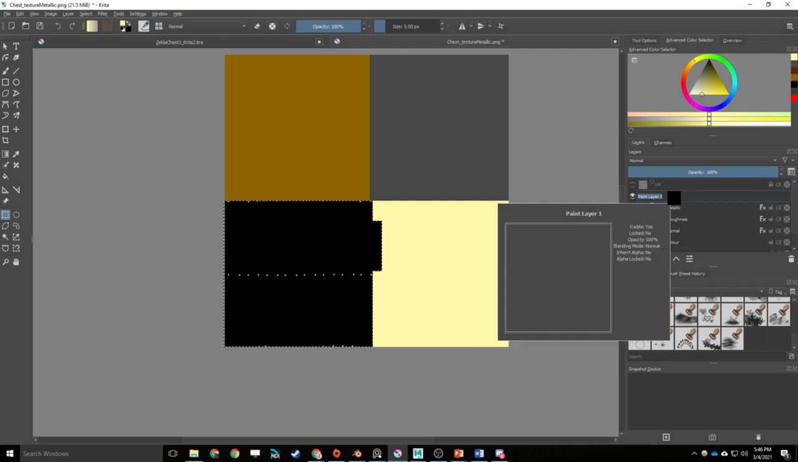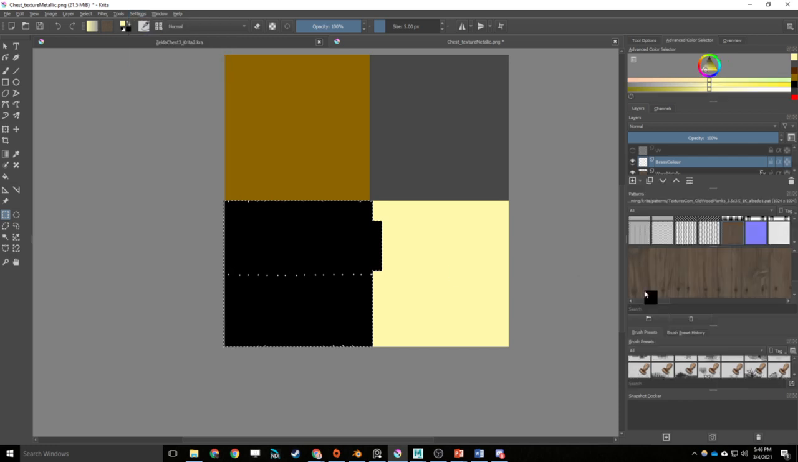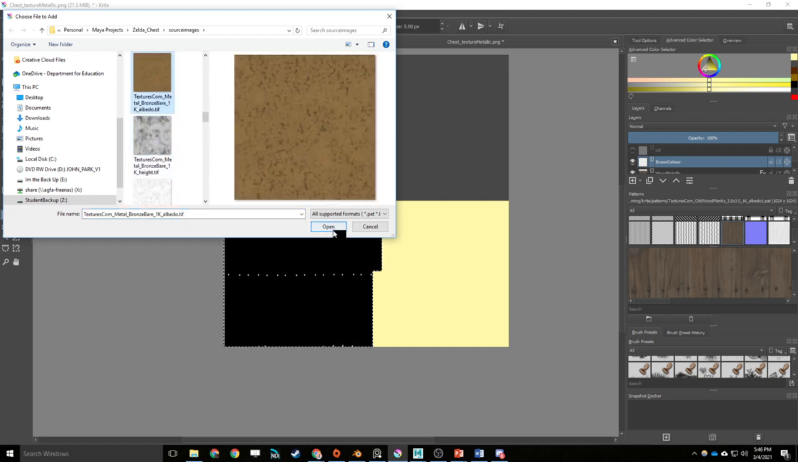I'm going to call this one brass color, and whenever you start a new one, you've always got to do it with this one out here. You can't just go straight to layers, I found anyway. It just tends not to like that. So we're going to go open, go down here to where it's not the rust, it'll be the brass, bronze, there we are. Open,